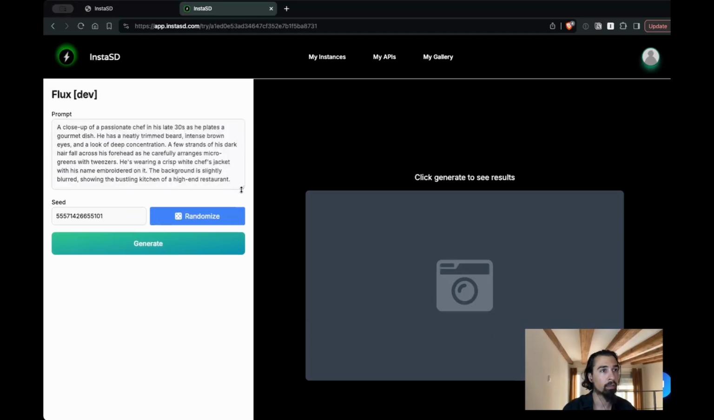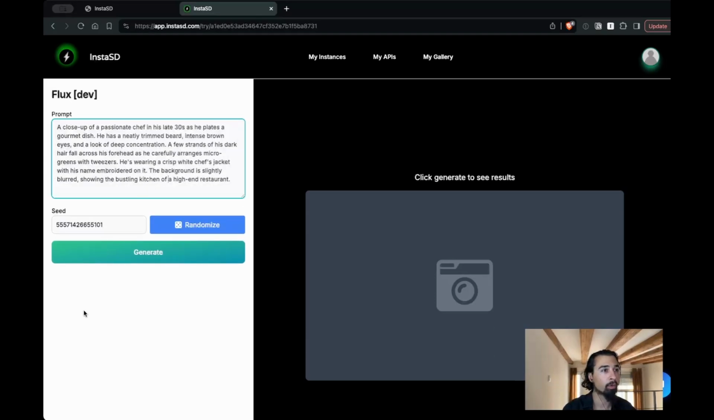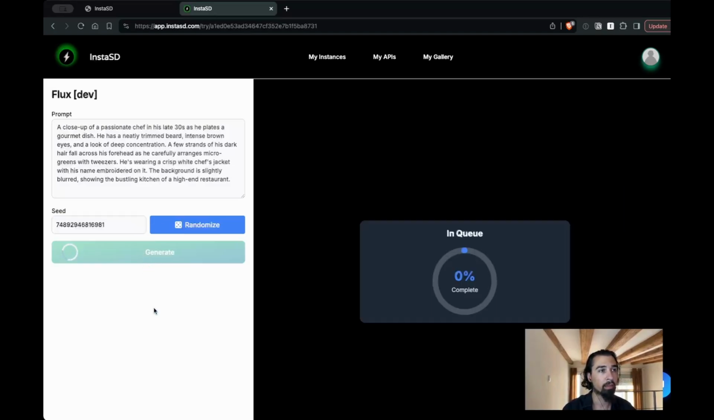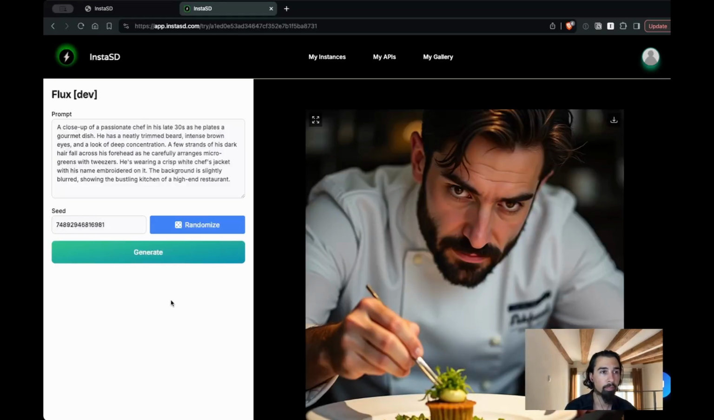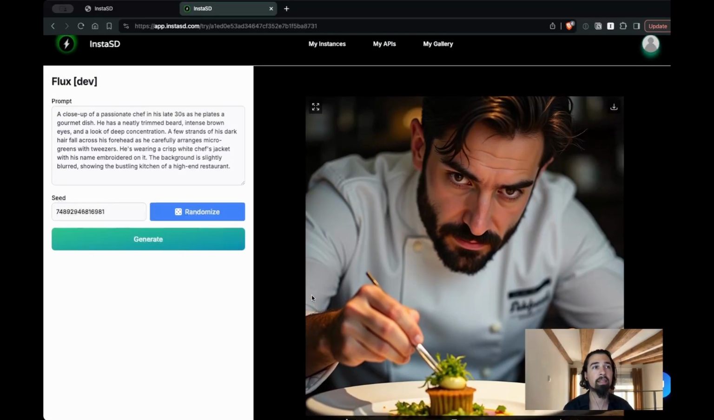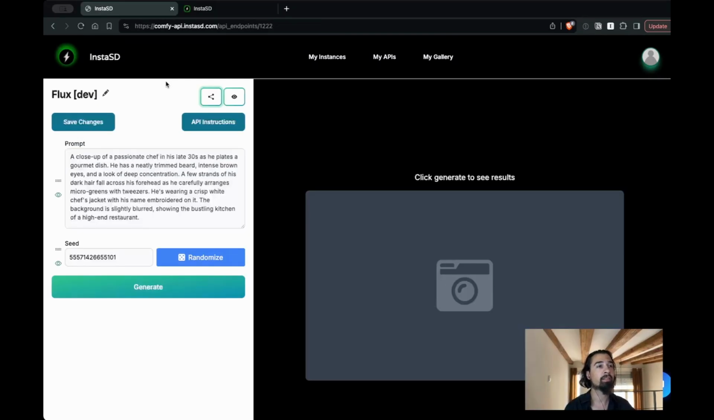So here's the published page for my workflow. I can randomize the seed. Remember, this was a special InstaSD input node that we use, so it detects that it's a seed value and it can help randomize it. And I can go ahead and generate the image. There you go. That's how easy it is to publish demo pages for your workflows and share them with the world. Now, if you are a developer,